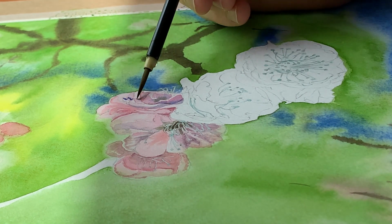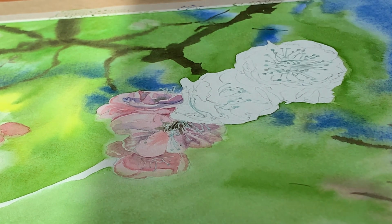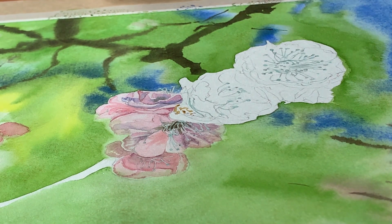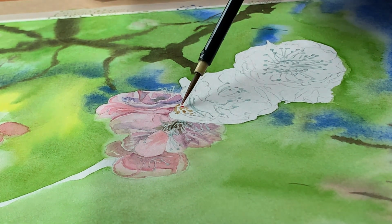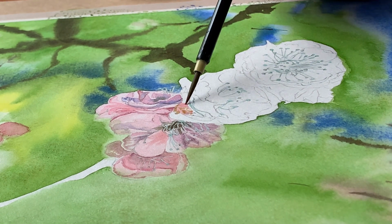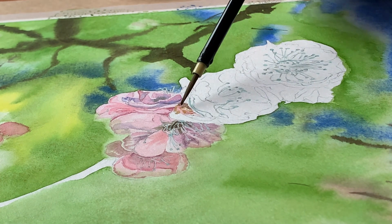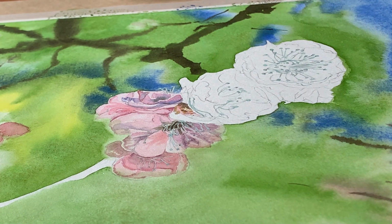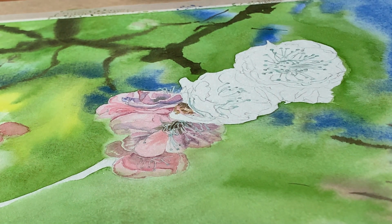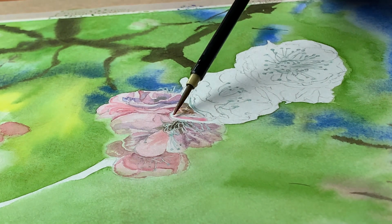So I kept going with the flowers. I'm planning to do some cherry blossoms later. But yeah, I just continued with these. A few dried, curled up petals, so I added a bit of brown or yellow to try and get those in. The centre of the flowers was really quite dark,